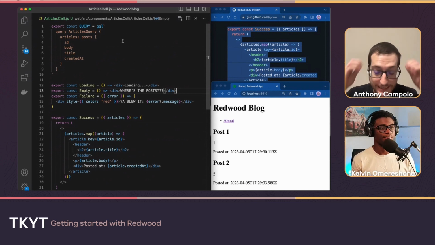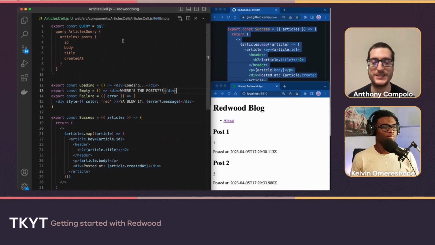Oh yeah, I'm glad it makes sense, because when you hear it explained abstractly, we say that it's a way to make your data fetching declarative, which can be a little confusing terminology. But once you see it, I think everyone has written this logic where you get the posts, you set the post to the query, then you do the if posts, or if not posts, then you get an error message, and then you end up writing this conditional logic to handle whether it's loading, empty, or failure, and then you write your success logic.